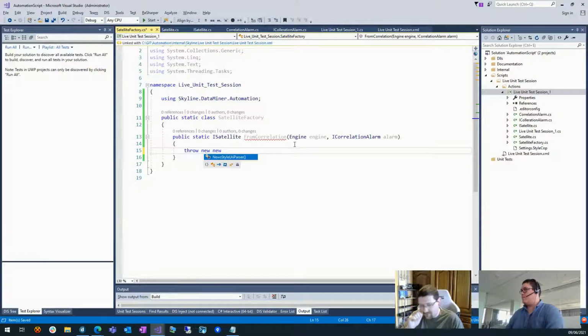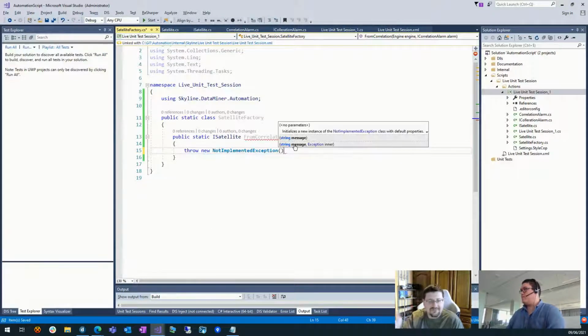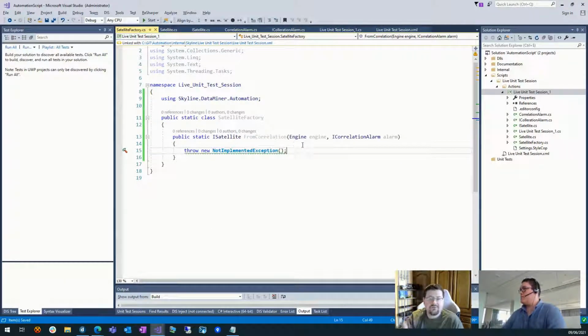Technically, if you follow programming rules, there's something called the law of Demeter, which says that you only want to provide as an argument what you really need. So I want to actually use the class library here. With the class library, we have access to IDMS elements, views, all of that.